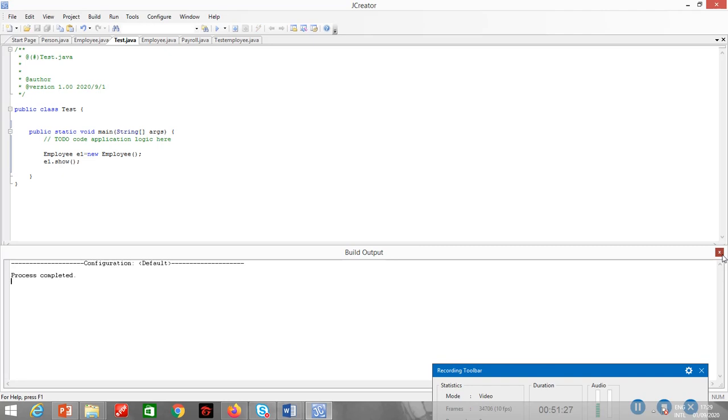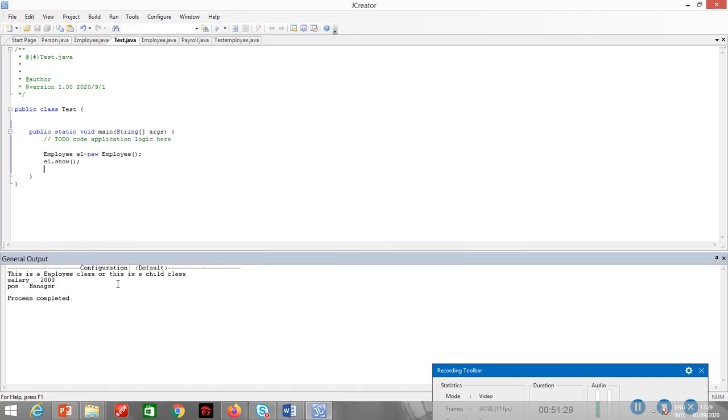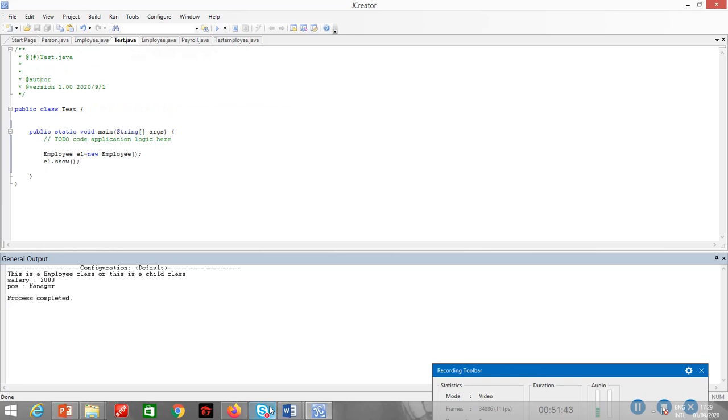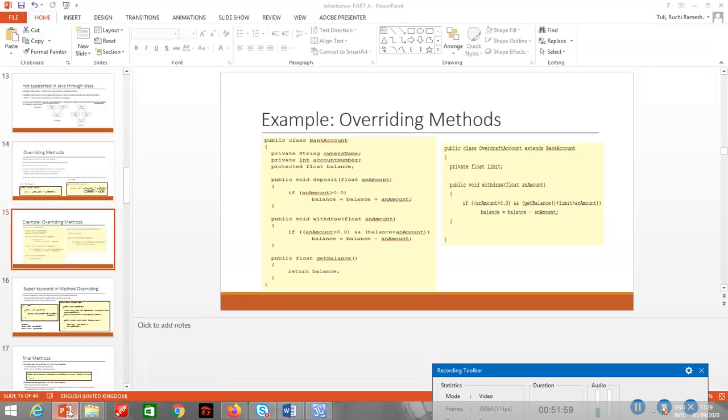Alright, so if you see over here, this is an employee class or child class, and it is displaying the variables of the child class, whereas the parent class method is not displayed. This is called overriding. So overriding is when the child class has the same method name with the same signature as in the parent class. So in that case, the parent class method is said to be overridden by the child class.